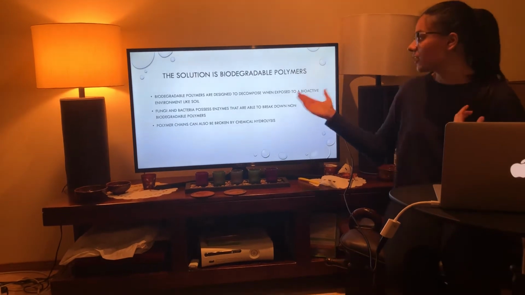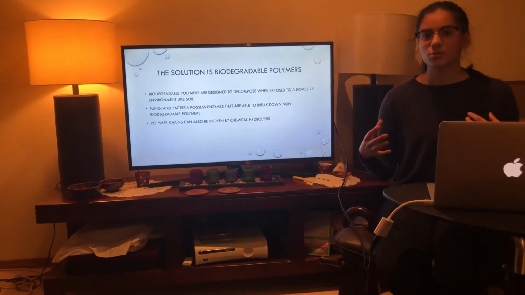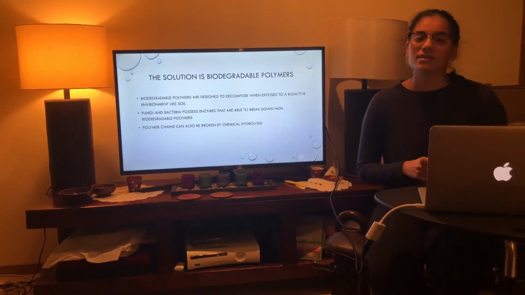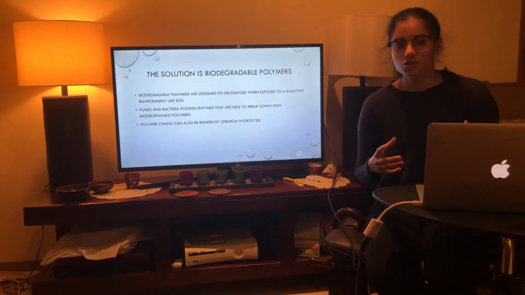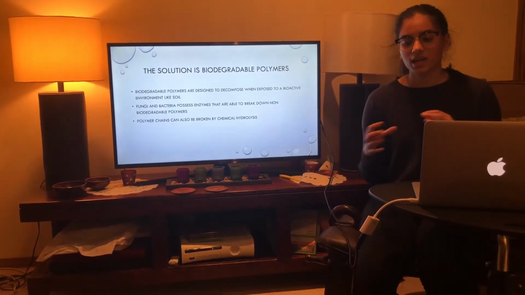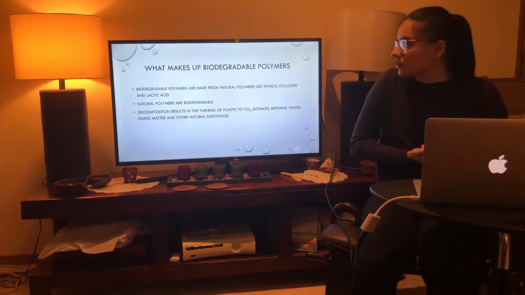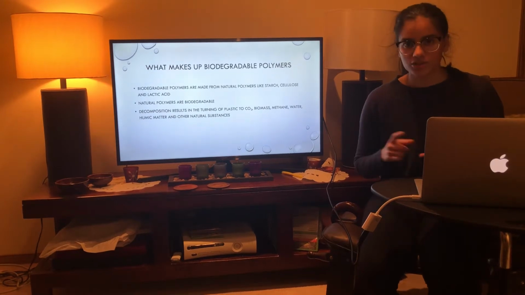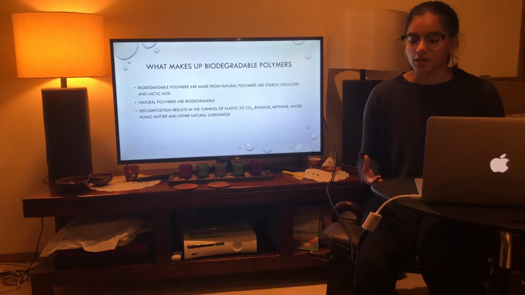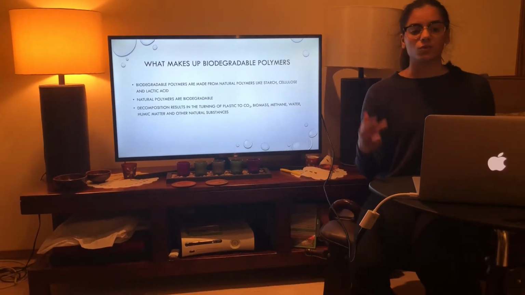So our solution is biodegradable polymers. Biodegradable polymers are designed to decompose when exposed to a bioactive environment. So they should be broken down by enzymes in fungi and bacteria, but also by non-enzymatic processes such as chemical hydrolysis, which is when you break chemical bonds by adding water to them. And biodegradable polymers are made from natural polymers: starch, cellulose, lactic acid. And these are degradable, and they basically turn these polymers into carbon dioxide, biomass, humic matter, water, methane, and other